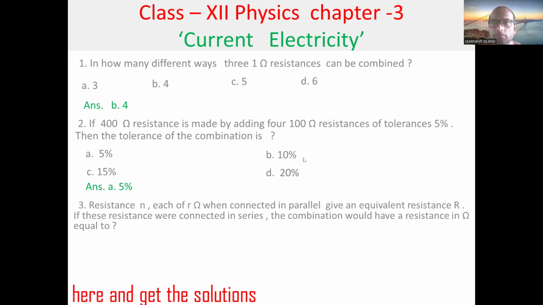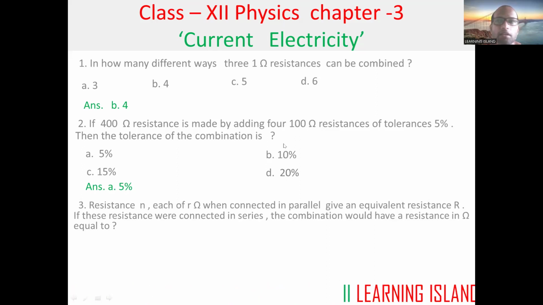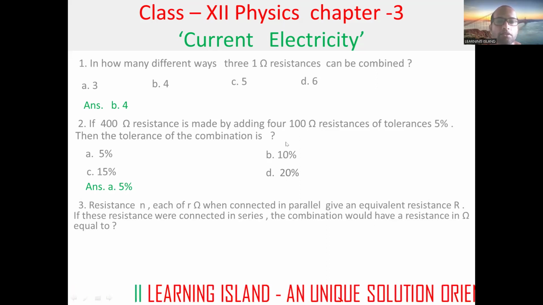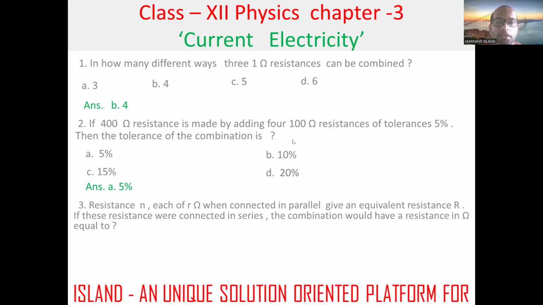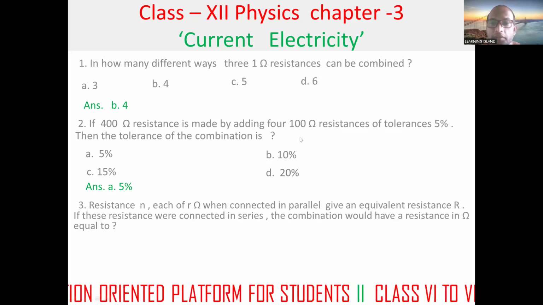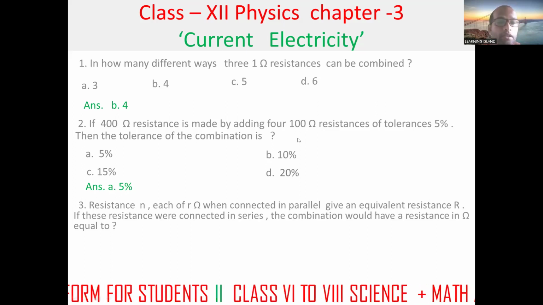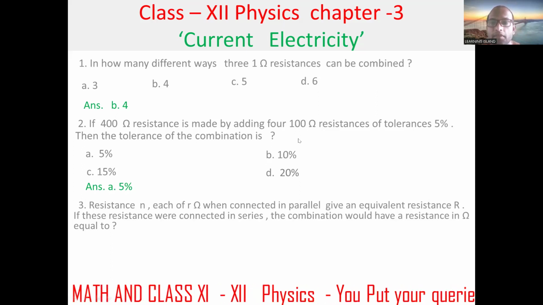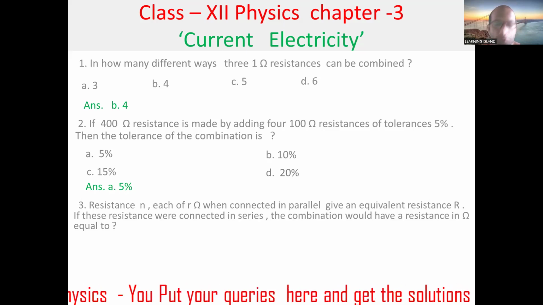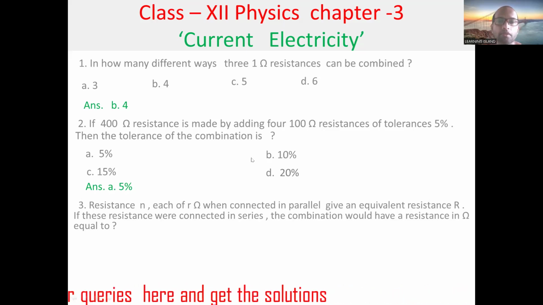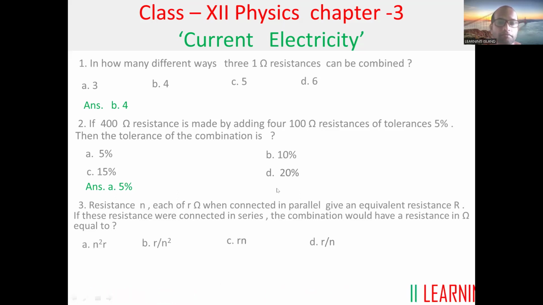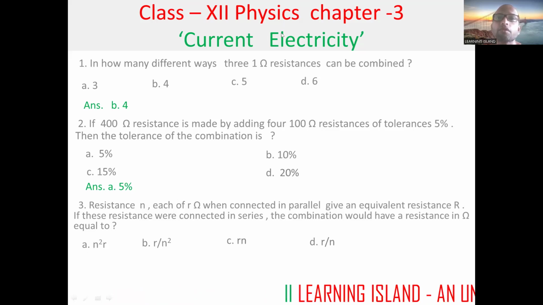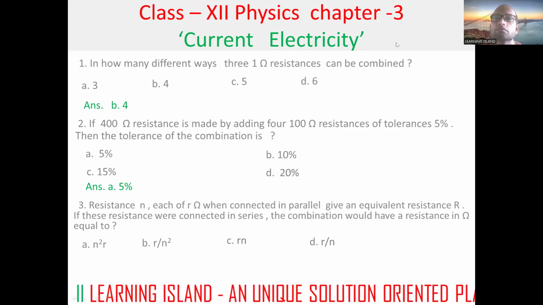Okay, this is question number 3. N resistances each of R ohm when connected in parallel give an equivalent resistance R. If these resistances were connected in series, the combination would have a resistance in ohm equal to. मतलब क्वेश्चन का मतलब समझ लो. Okay, let us see the options. Options are this. So to understand the question properly,